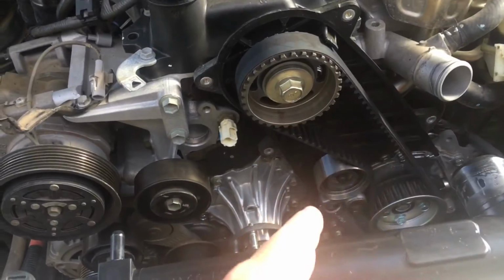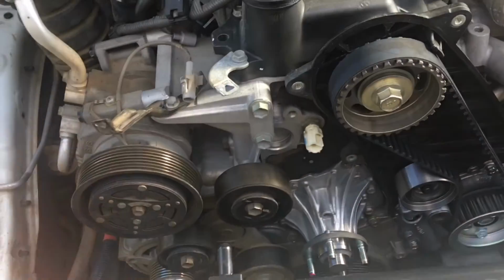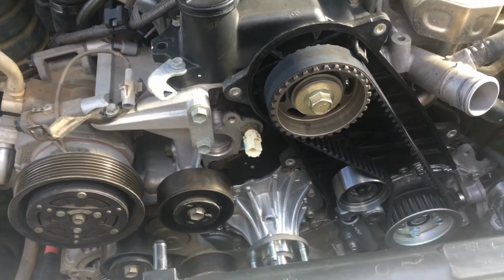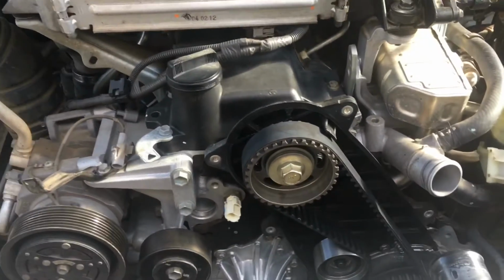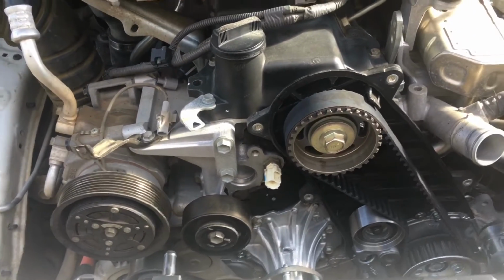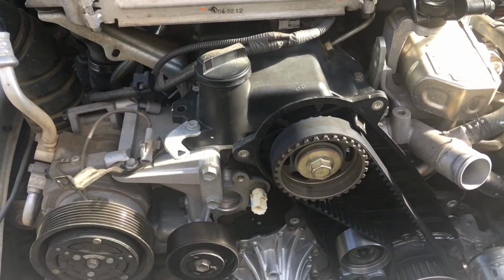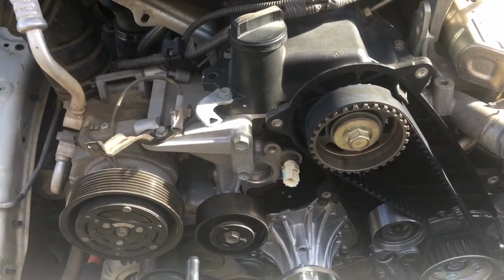The timing belt, the idler, the tensioner, the cam seal, the bearings for those 3 pulleys, the main drive belt, the water pump, and it's the 2-piece, so that we convert it over in case, like this vehicle, it was a 1-piece pump. So it's quite a massive job if you have a 1-piece pump. Okay, now if you don't have a 1-piece pump, you don't have to do this extra work, but I'm just